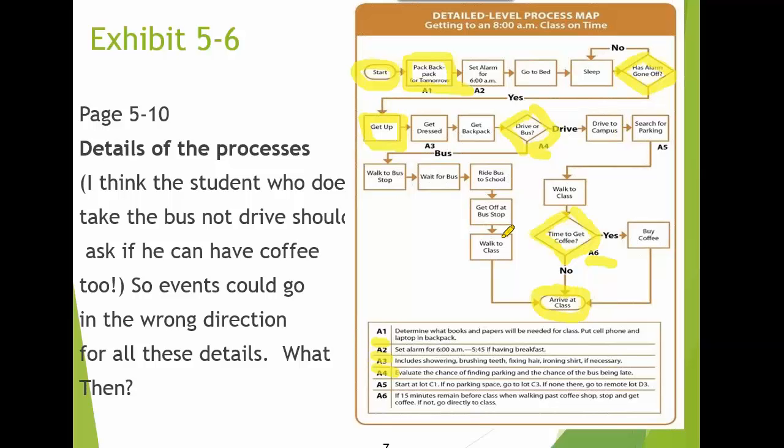Okay, so what you see here is a simple, silly example, but it's actually a very good description of what we're going to do in terms of a control process. So we look at this and we say, okay, where are the controls that we need to have? Well, we clearly need to have a control related to the alarm. Why do we need a control related to the alarm? Well, if the alarm doesn't go off, we're going to continue to sleep and everything goes bad. So we need to think about this from the perspective of what are the risks and